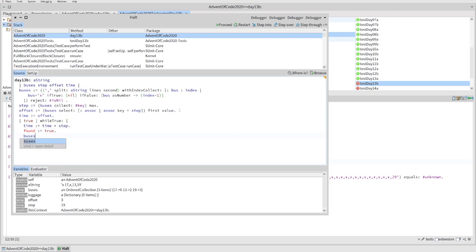So buses do, and I have a bus, keys and values do. Let's do that one. So I've got a key and a value,